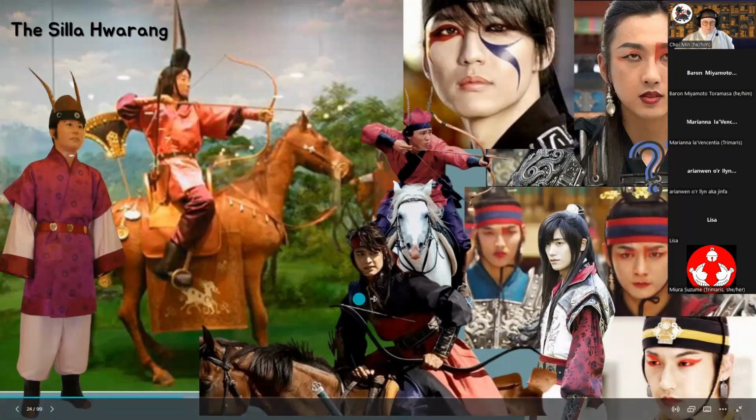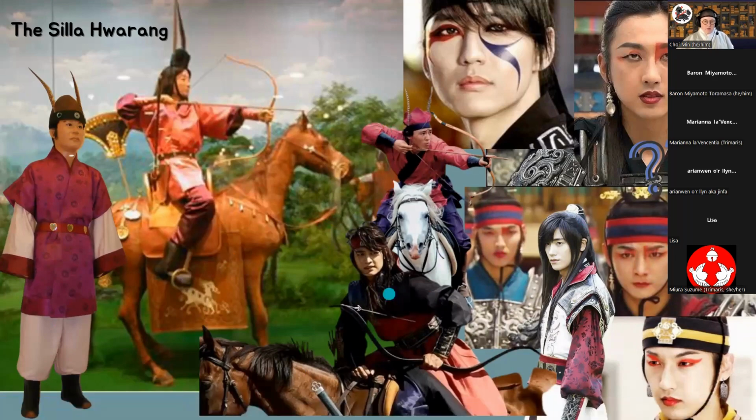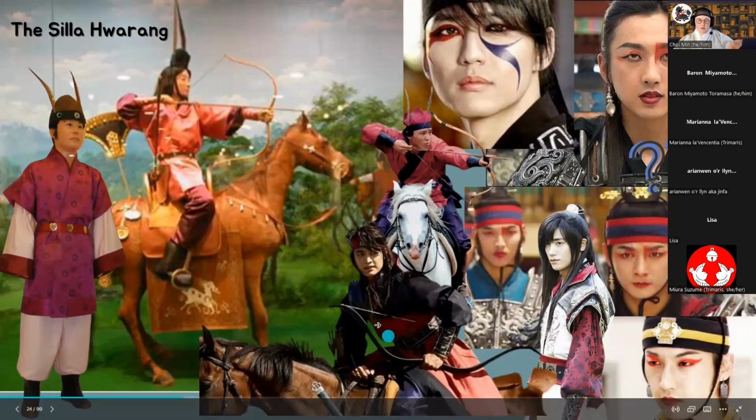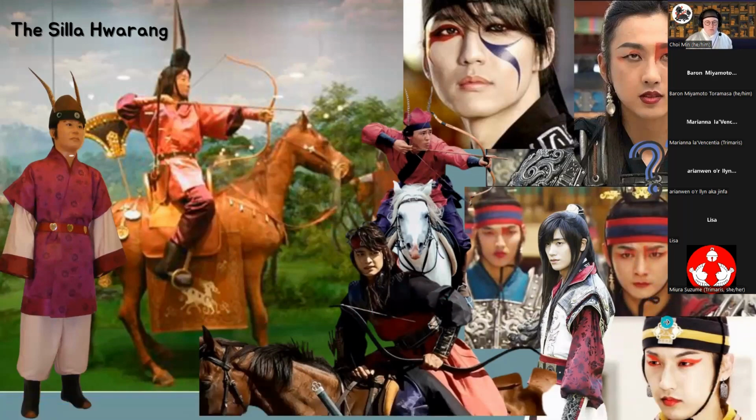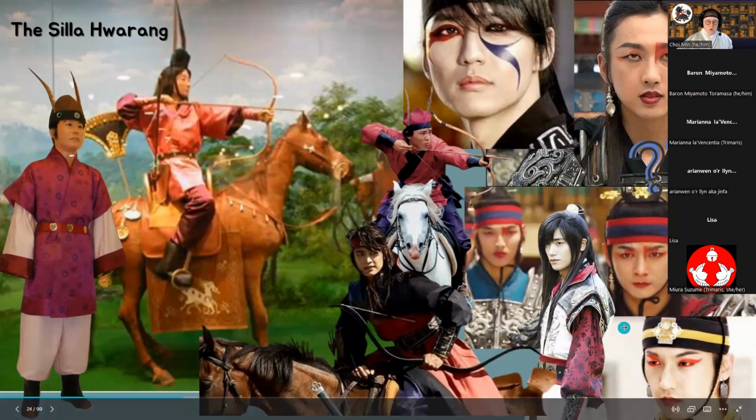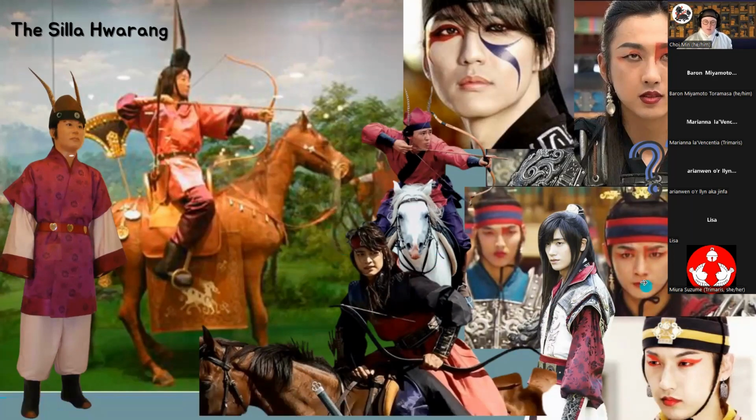So yeah, remember the shoulder patch look from the Goguryeo paintings, we're seeing that interpreted into even Silla Dynasty stuff. And there's a show called Hwarang, and I didn't like it, so I didn't finish it, but it had some of my favorite actors in it. But anyway, here's some museum reproductions.